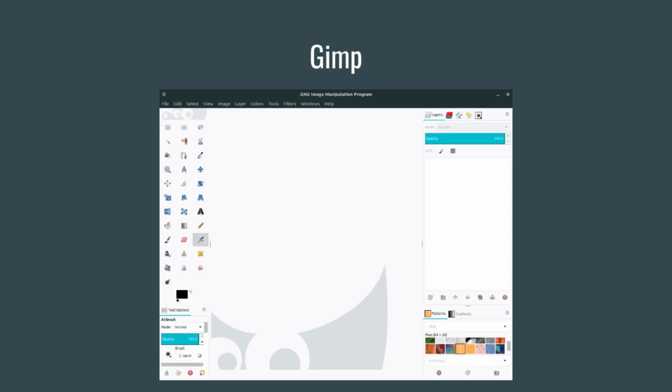GIMP is really flexible. There's also things like Krita out there which you can use, which is kind of like Photoshop, right? These are all open source tools, which again, you have that flexibility and that freedom, right, to be able to move around. That choice and that flexibility is very empowering.